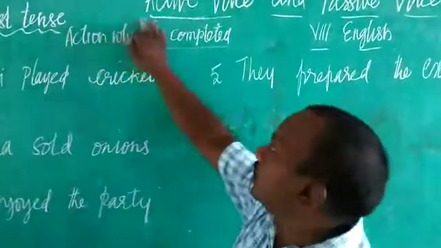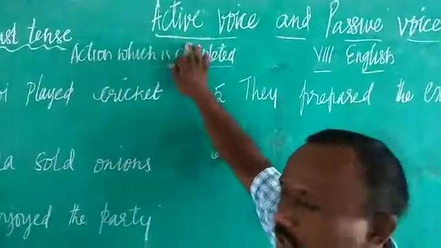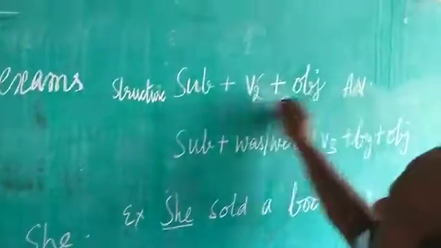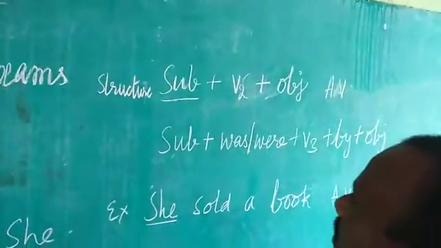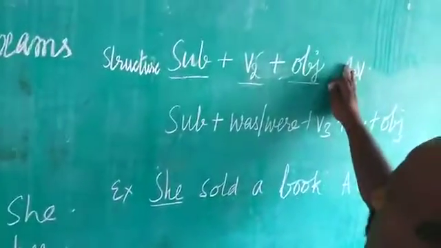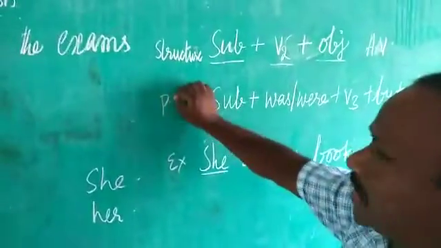Now in active voice, what is the structure? Let's go here. Structure. In active voice, subject will be there in the sentence, V2 form will be there, and object should be there. This is the structure in active voice. If you want to change it into passive voice, children,